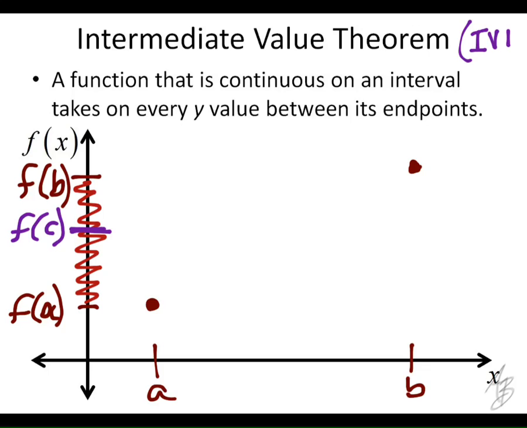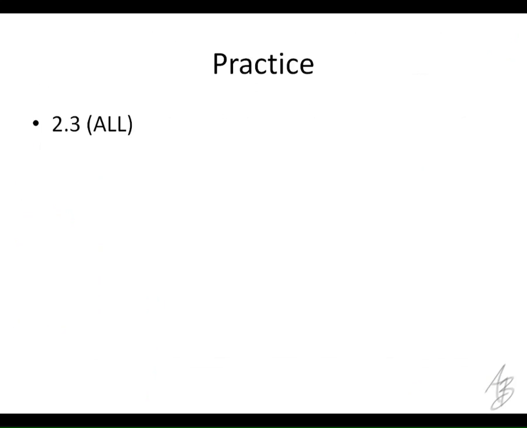If you're on the AP test and you write IVT, they know what you're talking about. It's a big enough theorem in calculus that you can abbreviate it and everybody knows what it means. All right? And it's a very simple idea, but it's a very powerful idea. Any questions about that? Okay, so at this point,